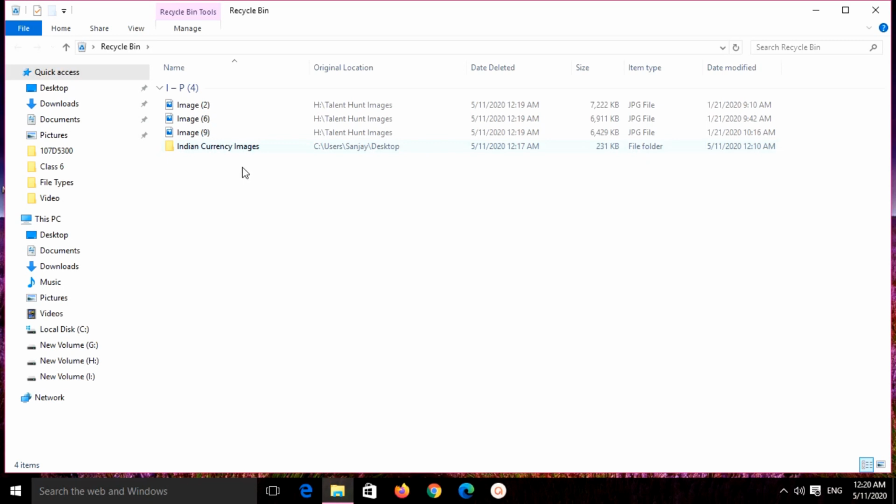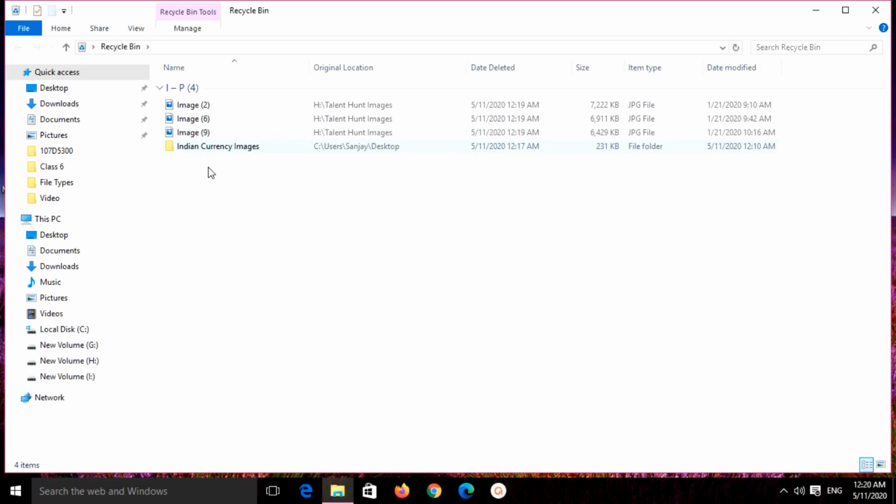For example, the folder Indian Currency Images, let us say it was deleted by mistake. It is in the recycle bin right now. So from the recycle bin again I can restore it back to the original position.